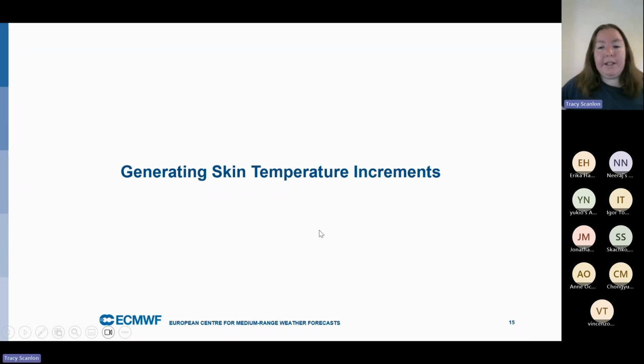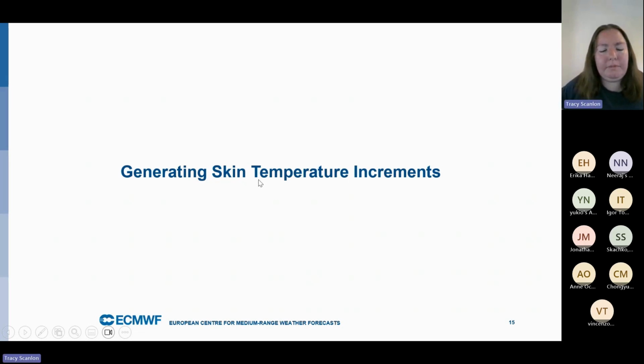So let's look at the skin temperature increments that are generated through this process. These are generated using a sync variable approach. Basically, we add the skin temperature to the control vector, along with pressure, relative humidity, wind vectors, etc., and we allow it to vary within the outer loops of the system. So this is basically trying to find the correct answer for the skin temperature. And the increments that I refer to are the difference between the final skin temperature that's generated through the 4 different outer loops